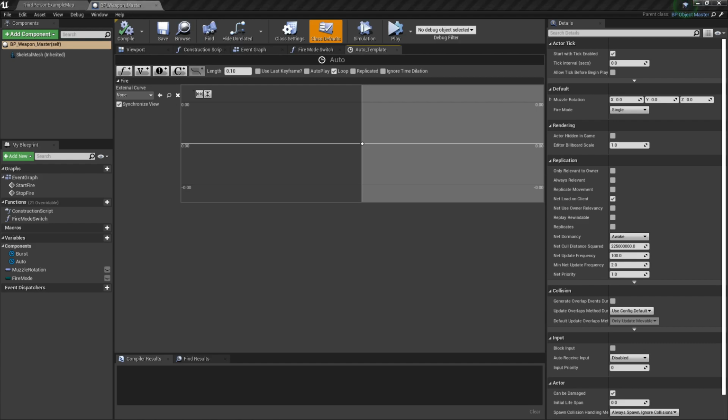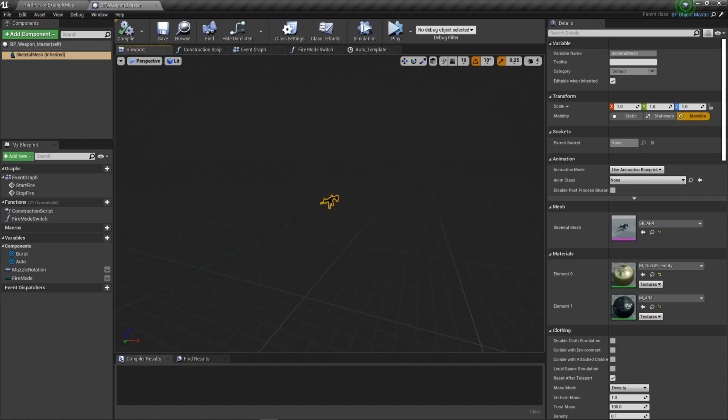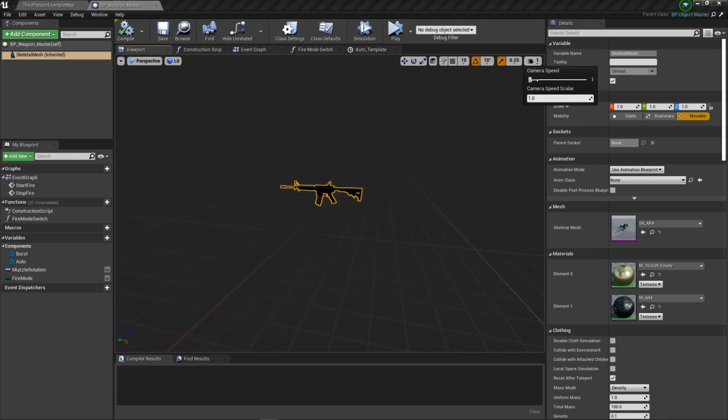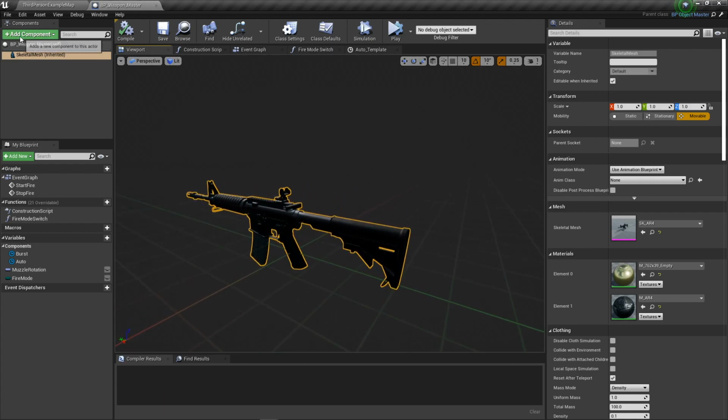And we're going to open this up, and in the Gun Master, we need to go to the viewport, and we need to add a camera. Now, this is what we're going to do for every weapon, and when we set up other weapons, I'll demonstrate how to do this per weapon. But we're going to add a camera component,